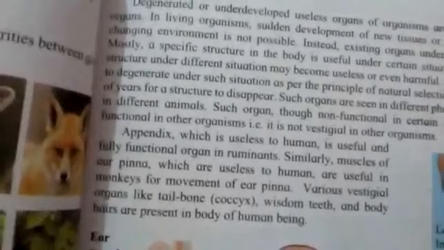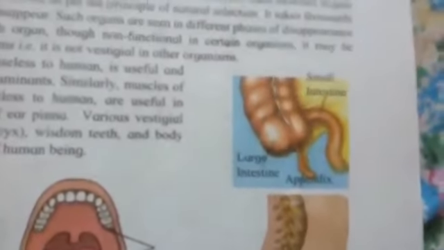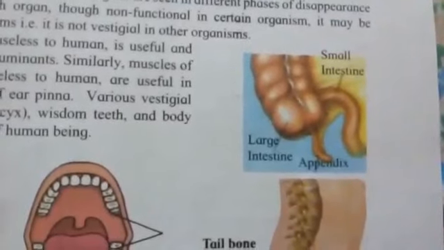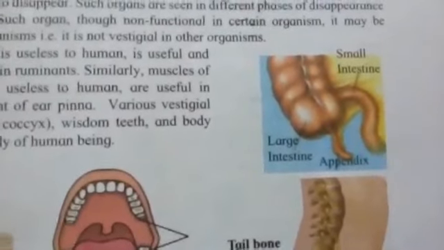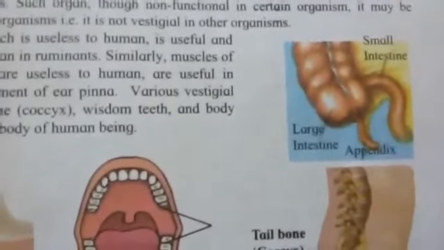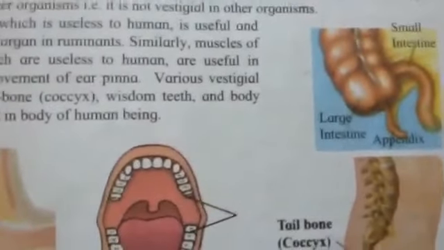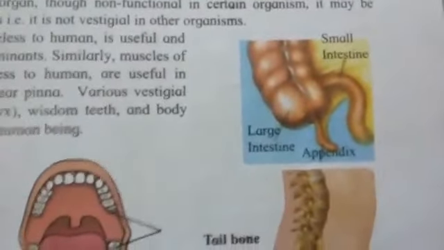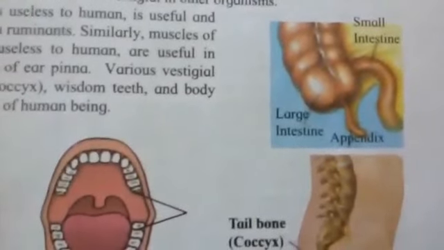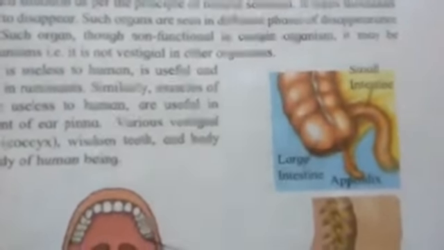You might have studied the digestive system in previous classes, but have you ever studied the use of the appendix? What is the use of the appendix? You might have studied the use of the small intestine, the large intestine, but you might not have studied the use of the appendix because it is a vestigial organ. But it was useful in our ancestors because they used to eat raw food, and it was very useful for the digestion of that raw food. But we do not eat raw meat, we eat cooked food, which is easy for digestion. So the appendix was useful for those ancestors because they used to eat raw food,